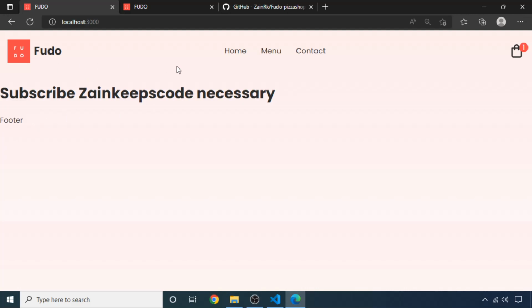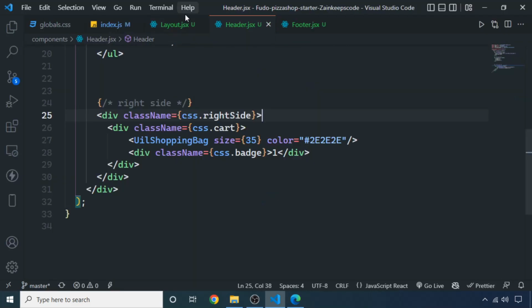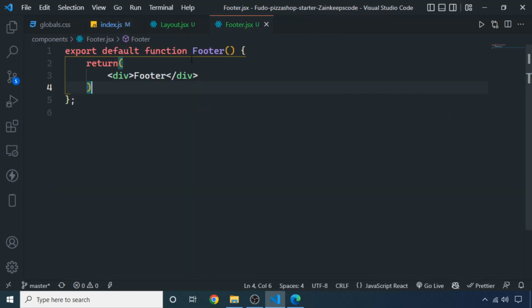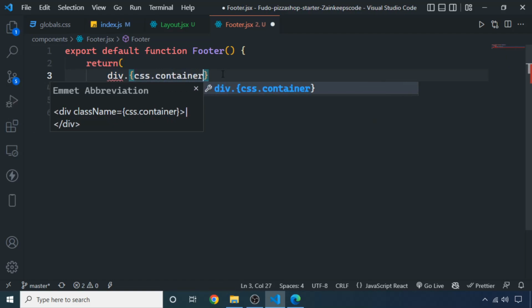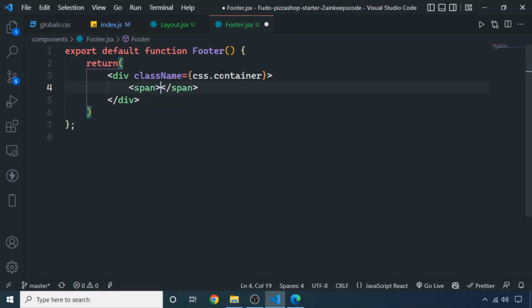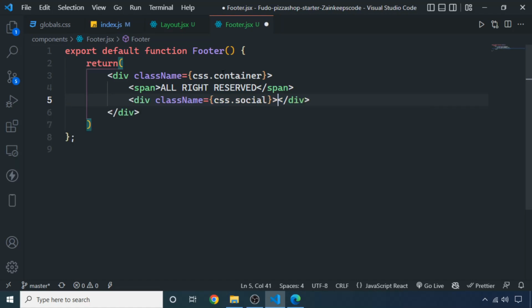As the header is the same for every page, similarly the footer will also be the same. Let's close this header module and similarly close the header.jsx, and inside the footer let's remove this pretext. Here I am making a div with the class name of container. In this, first of all, there will be a span which will say the text "All rights reserved", like this, and then I am making a div with the class name of social, meaning it will contain all the social